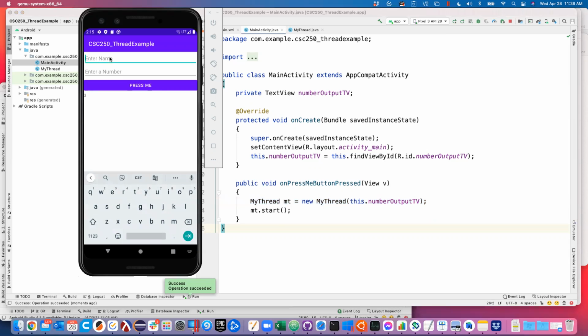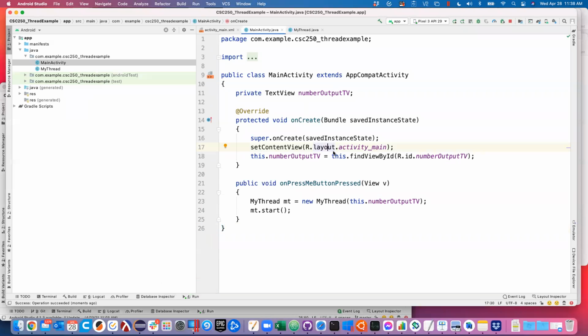I could potentially type something up here and then maybe hit a different button and have it update a text view down here, secondary text view. All right, so now my user interface is still usable while this thing down there is just doing its counting, right? So let's go ahead and extend this